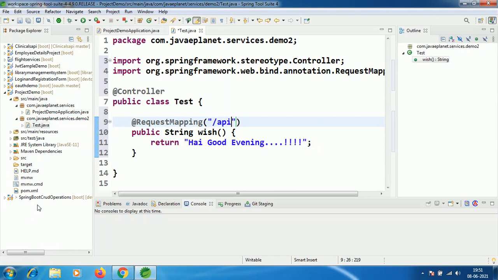I'm taking it as /api. This request mapping is used for mapping web requests onto handler methods in request handling classes.